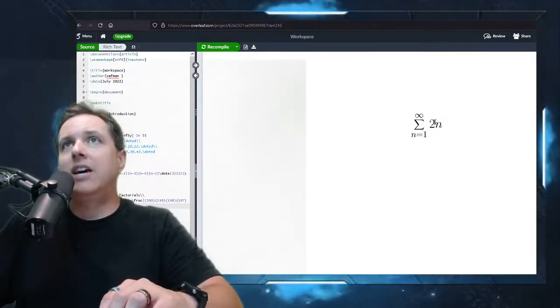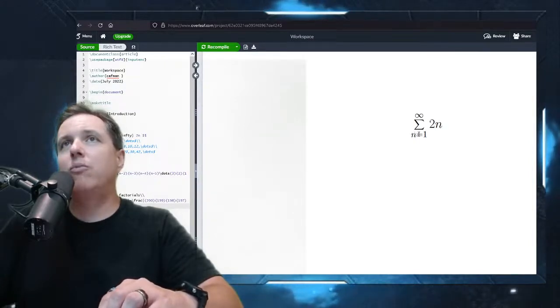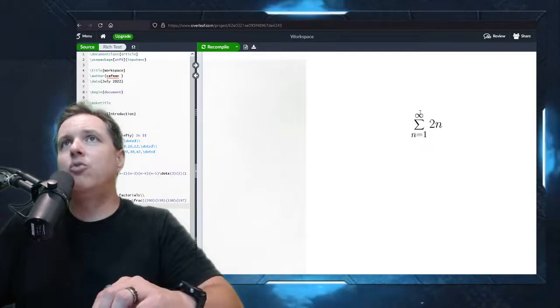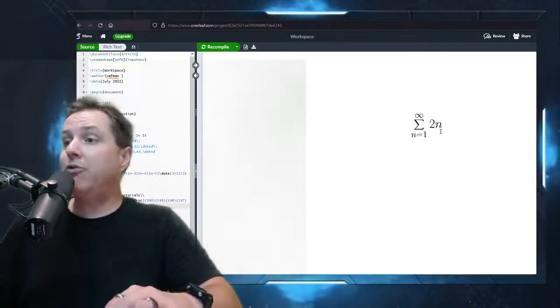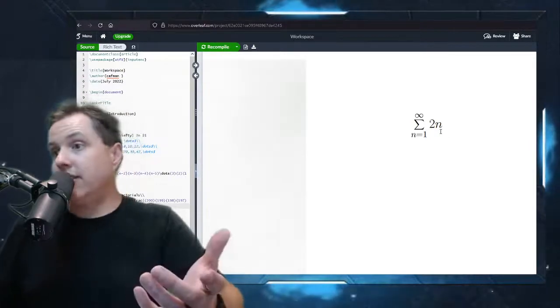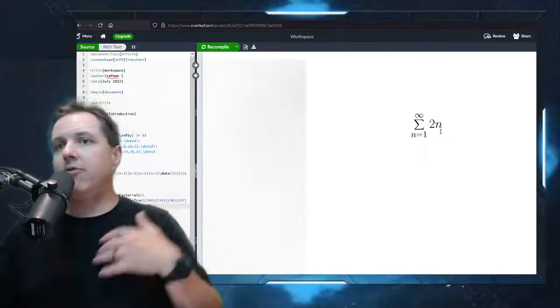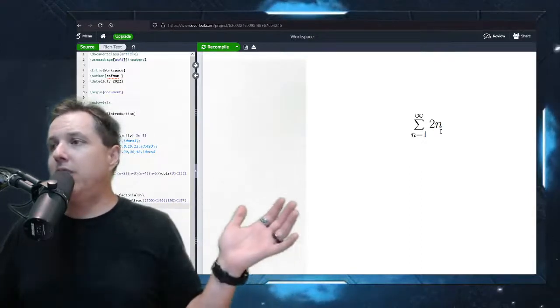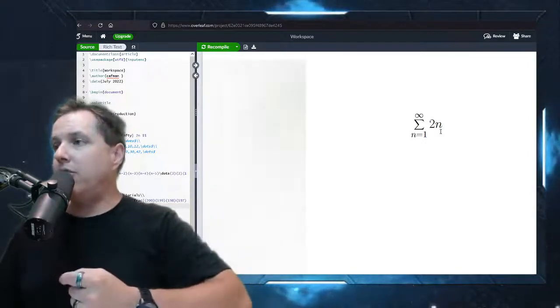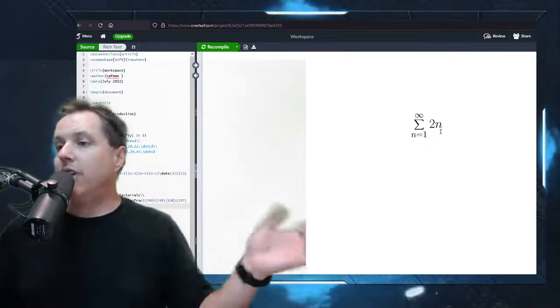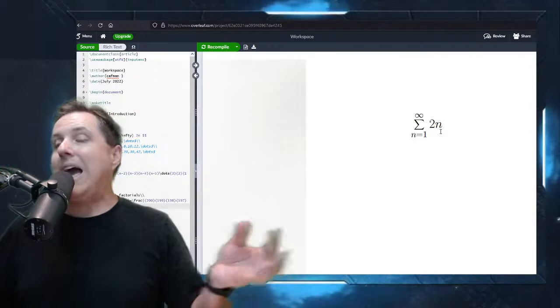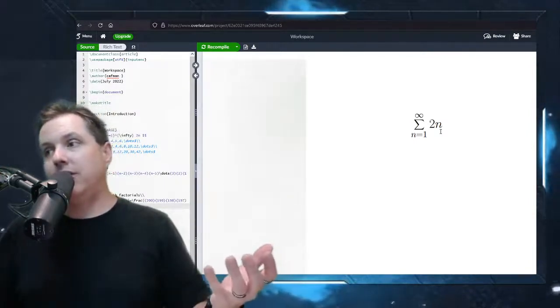The things you're adding together are over here on the right, okay, and you go, oh, well, what's n supposed to be then? N comes from the iteration where it goes from whatever value is given on the bottom to what's given on the top. So like I say, here we would be doing an infinite sum, which is called a series, right? That's all a series is. The difference between a sequence and a series, they're both infinite lists. The series is where you add all the terms up. The sequence is where you just leave them as a list of terms. So an infinite list of terms is a sequence. If you add up the terms in that sequence, it's called a series.